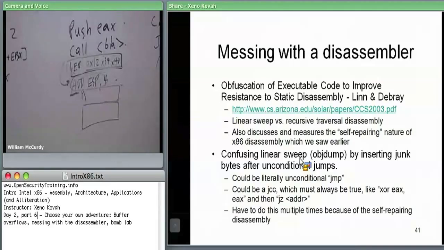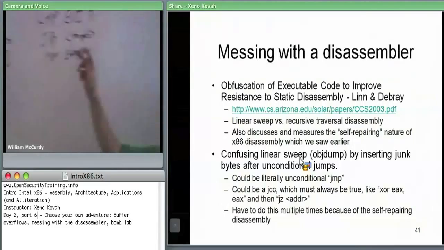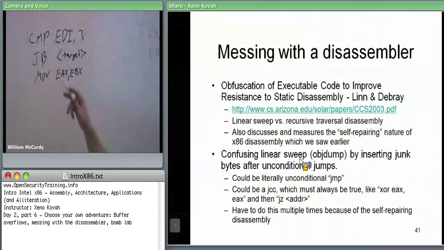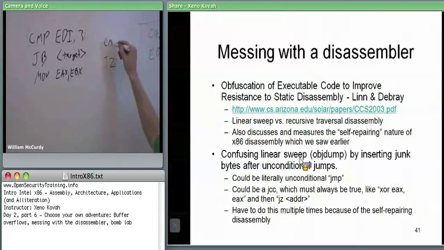right? And it says jump below, and you could make this functionally unconditional. So you can say, I'm going to put some sort of compare before it where I know what the input parameters are, and I will never, ever not take the jump, right? So the simple example is I could do a jump 0. It says jump if the 0 flag is set. And then I could do compare 1, 2, right? So is 1 minus 2, 0? No. This jump 0 will never be taken now, right? So it'll always go this way, and then, well, sorry, that's for screwing up